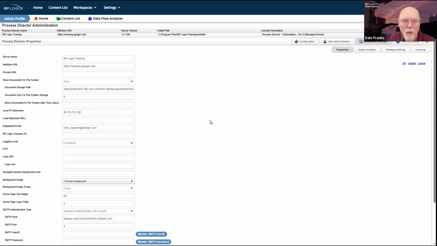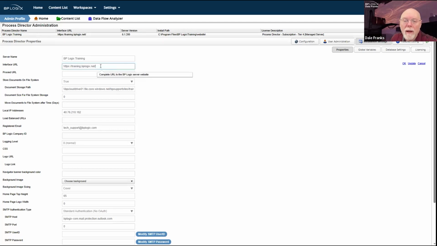Properties is where we set up what the name of our server is and its interface URL. You really do want to be sure the interface URL is set properly on your server. If you're in a cloud installation, it's already set properly. If you're on premise, it may or may not be. So you will want to go in and ensure your user interface URL is set properly, primarily because there are a lot of automated URL generation methods that go on in the product. And if this is not set properly, it could point people to the wrong URL or to an incomplete URL.